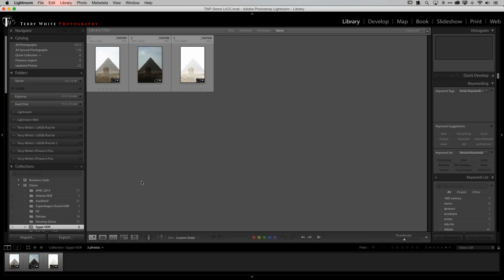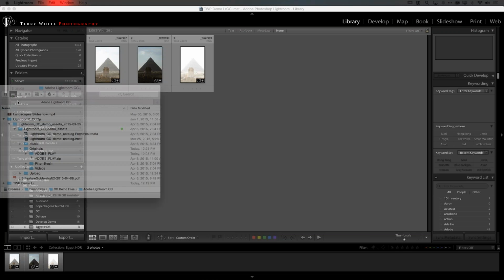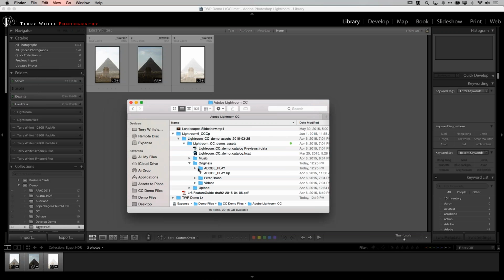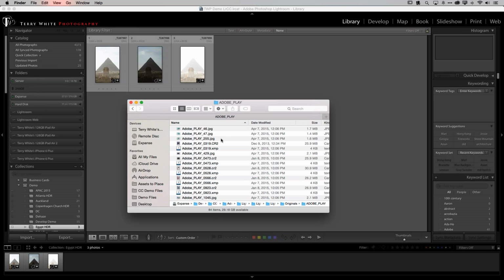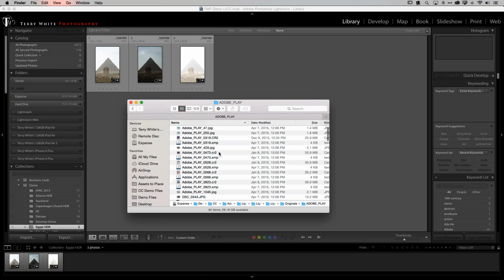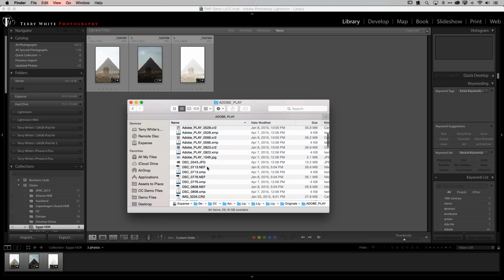So the first thing I want to do is actually bring in some new photos. I have some photos on the screen we're going to work with, but before we get to that, let's bring in some new ones. I have a folder. I'm just going to go ahead and pull that folder over on screen so you can see it. And in this folder, there's another folder called Adobe Play. And in this Adobe Play folder, you can see that there are JPEGs. There are CR2 files, which means they're Canon RAW files. There are some NEF files, which means they're Nikon or Nikon, depending on what part of the world you pronounce it from, RAW files. And of course, there could be a variety of other kinds of camera manufacturer RAW files